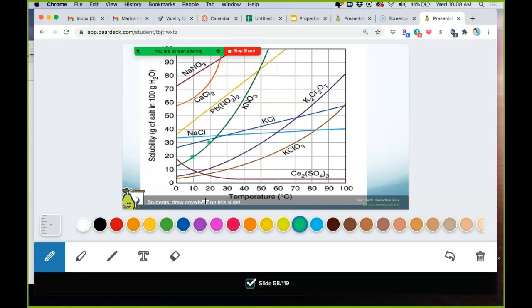So let's say you're at 20 degrees Celsius and you've only put in 10 grams of potassium nitrate. You're unsaturated. You can put more in all the way up into here. If you're at 20 degrees Celsius and you've only put in 20 grams, you can still put more in up to here. Okay, you're unsaturated. When you're on the line, you're saturated, and when you're above the line, for example, if you put in potassium nitrate and you put in,